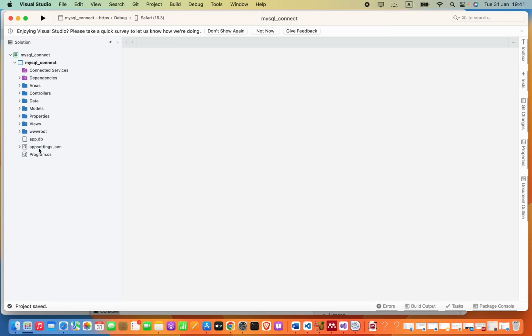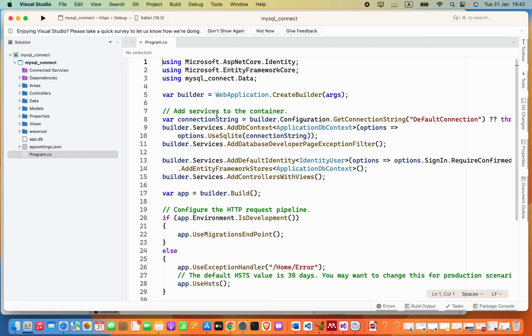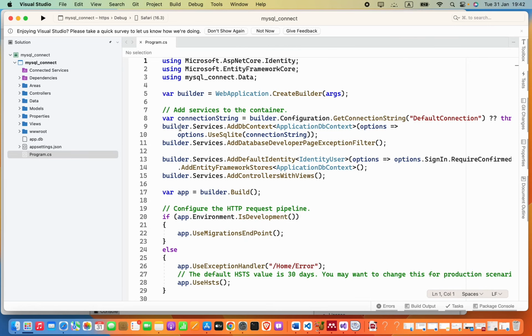So in this project, here we have our local database file. What I will do, just open my Program.cs. Now here I am going to comment this DbContext code and also this options.UseSqlite. That means this database is just a SQLite database, that's why we are seeing that. Okay, after commenting that,